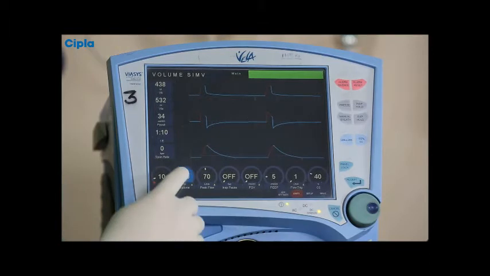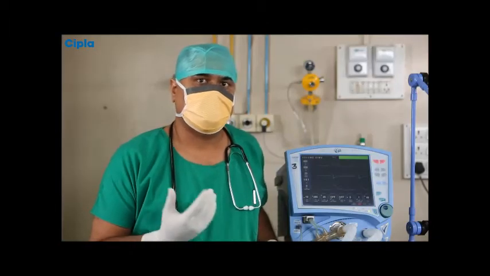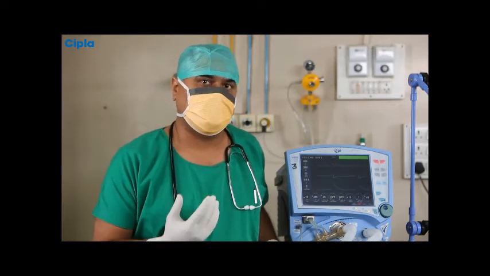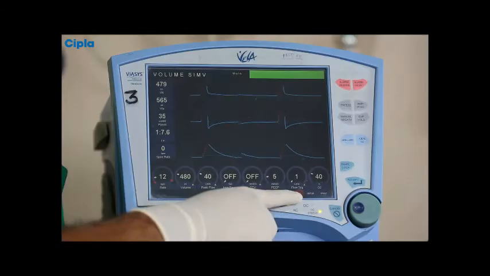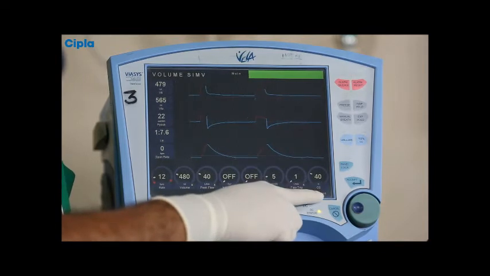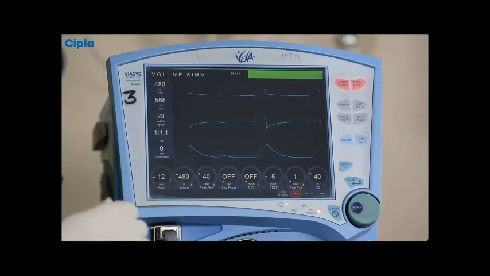And most of the ventilators, when put on SIMV mode, will have an inspiratory expiratory ratio which is monitored by the machine, and it is optimized by the machine itself. The trigger is at the least, that is 1, and the FiO2 for a COPD patient or even otherwise, minimum is 40%, which we have selected.